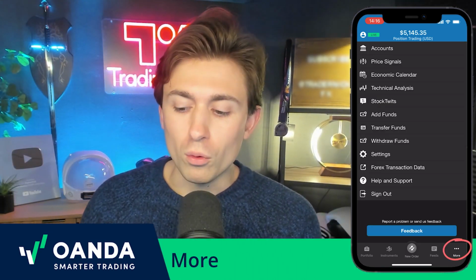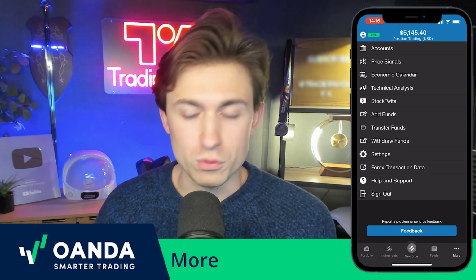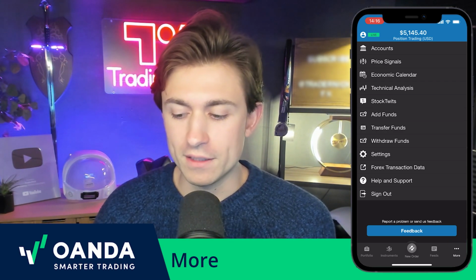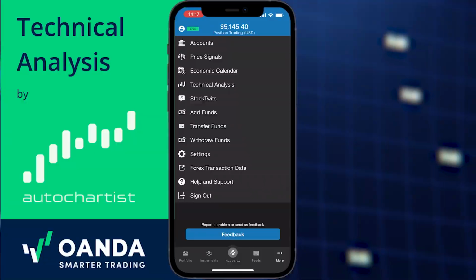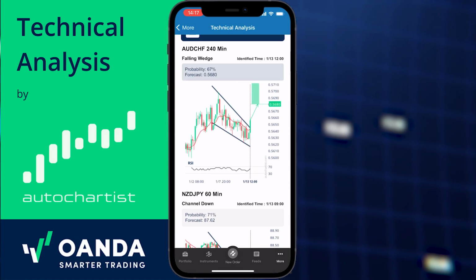Finally, if we go to more, you can see there's all sorts of management for your own personal account. You can, of course, withdraw funds, you can transfer funds, add funds, you can go to StockTwits. And if we go to the technical analysis tab, we can see there are some pretty cool charts being displayed